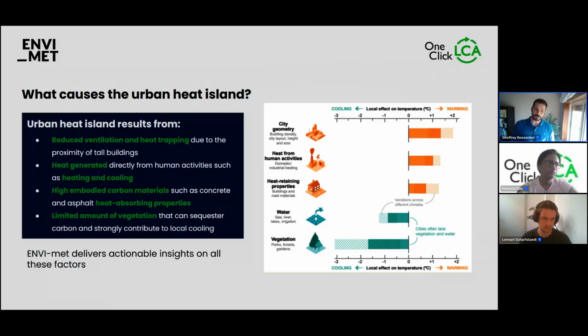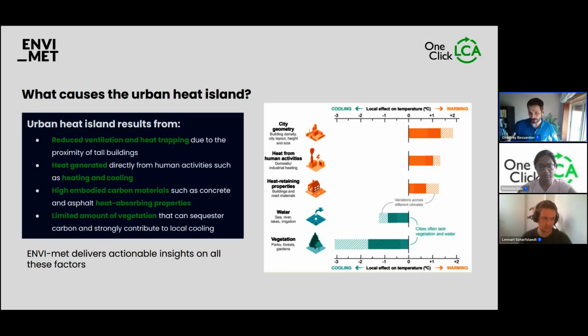So basically, you have 5 main factors that affect the urban heat island. You have the lack of vegetation and water, which is not a surprise to any of you, certainly. You have less water, less vegetation and trees than in the countryside and in nature. The city geometry, so really, it depends whether you have really narrow streets where the air can't circulate, and